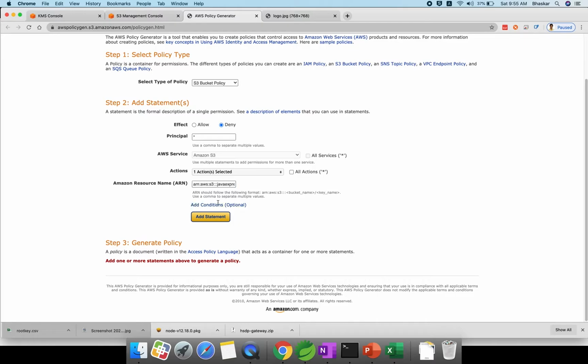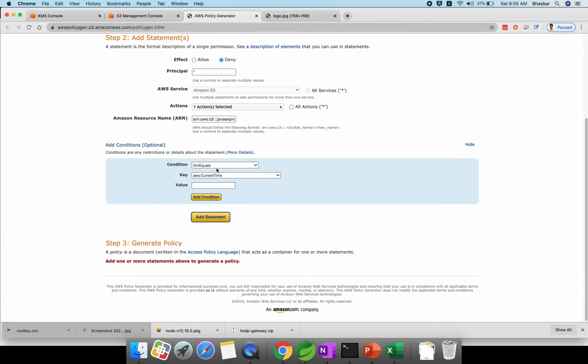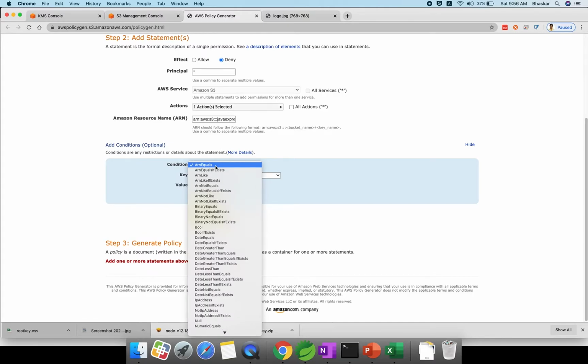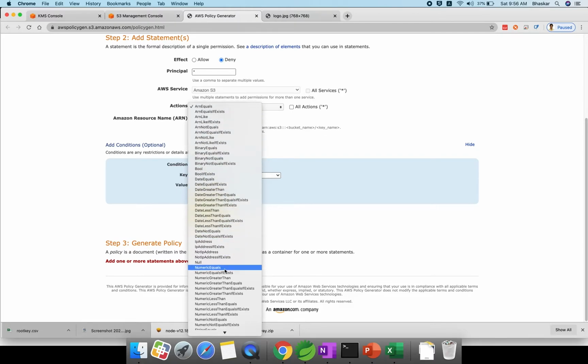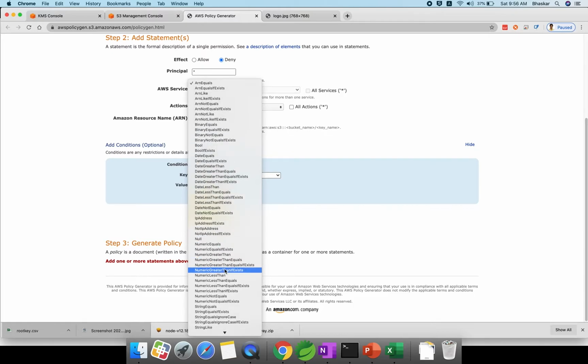Here we have add condition. This is the point we need to do. Click on add condition. Condition, you know, if you are a programmer, is like an if condition: if this number is greater than, if it's true, if it's false, like that. Those types of conditions you can see here. What I want to do is, HTTP, click true. If it is HTTPS, it is false. In that way I can allow an action here.